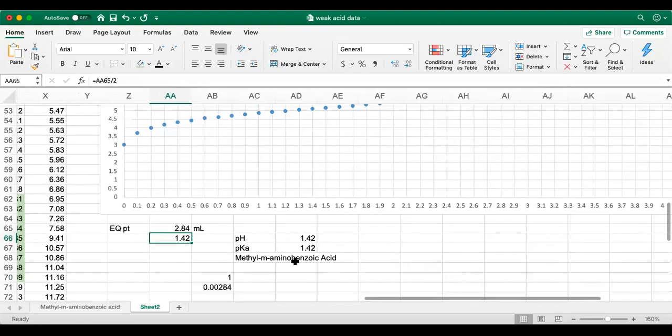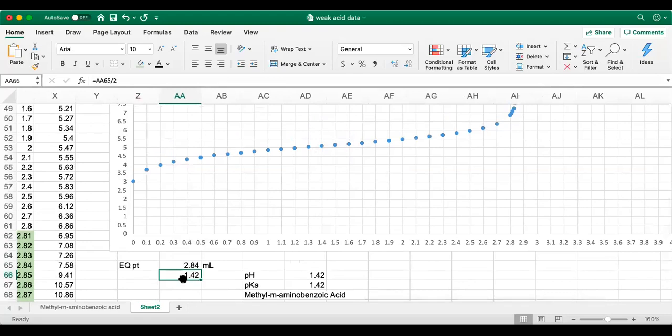And so here's where I would go back to the simulator and maybe rerun that sample and see what the pH is at 1.42. This is half of the equivalence point. If my equivalence point is 2.84, half of that is 1.42. So I'm about right here. And so you could estimate what the value is, but you could also